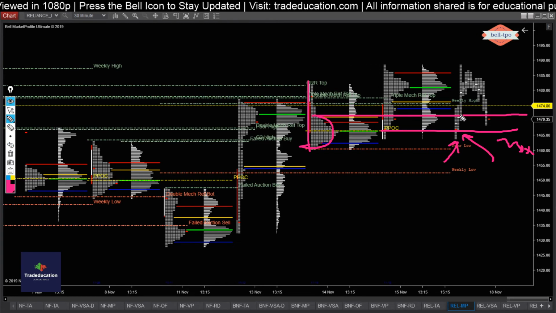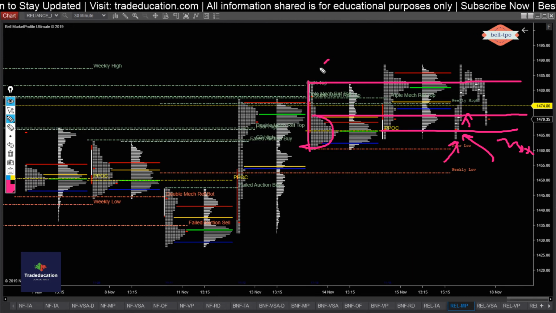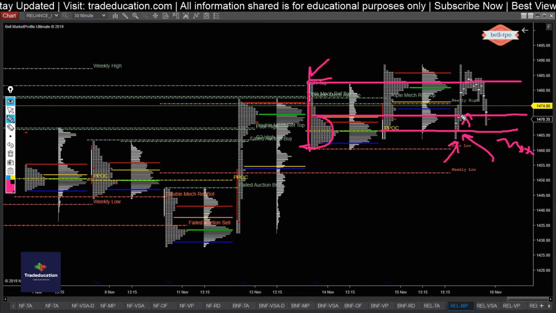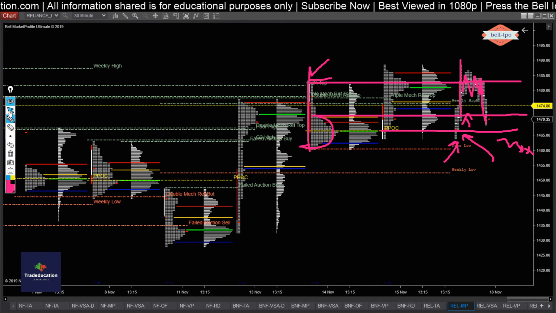So this would be a good entry for a long, keeping a stop loss at today's low or at the B period low. If you have taken this, this would be a good trade location, targeting the overall top or yesterday's high. This was easily achieved in the C period, and once the stop hunting happened, we just developed sideways, and the auction again came back within the range. So this is what is happening.